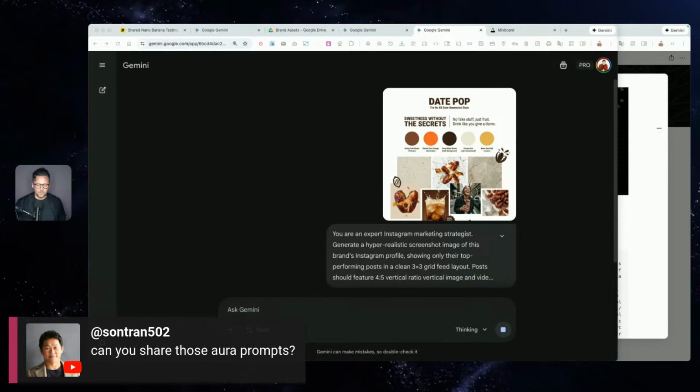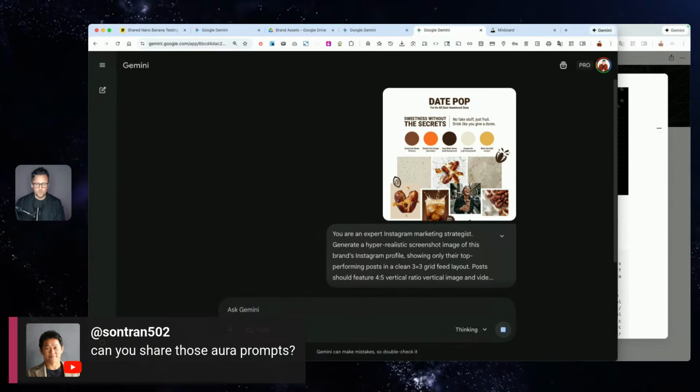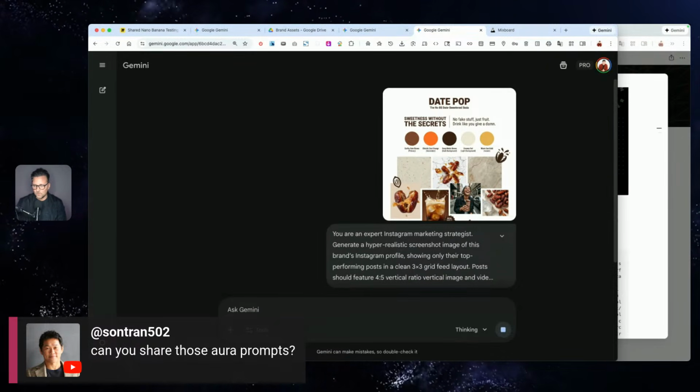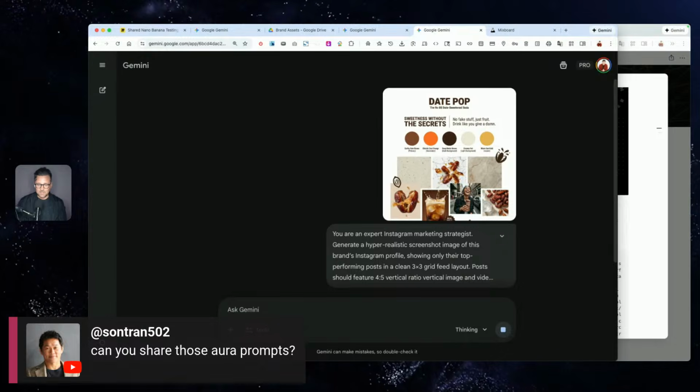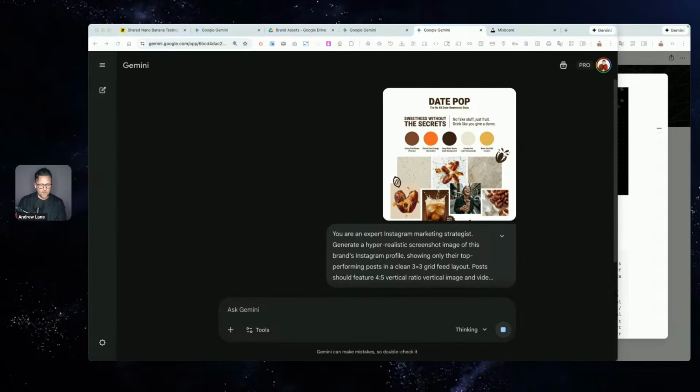The aura prompt. Oh, yeah. You know what you could do, I'll tell you the way to do this for any idea: inside the Moodboard Method course, you have the style transfer tool. That's how I did it. So you can go find anything you like. And just so you know how I did it,